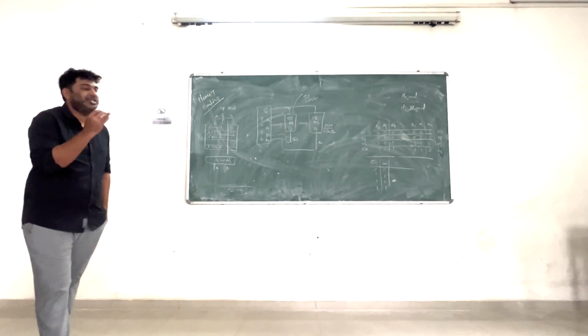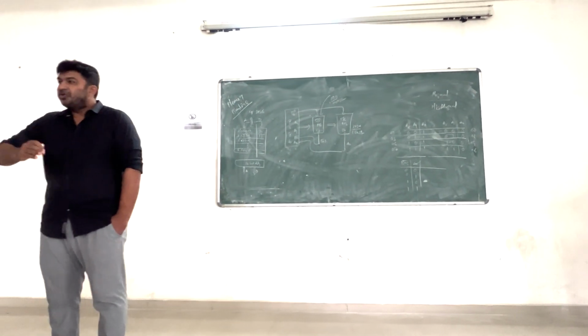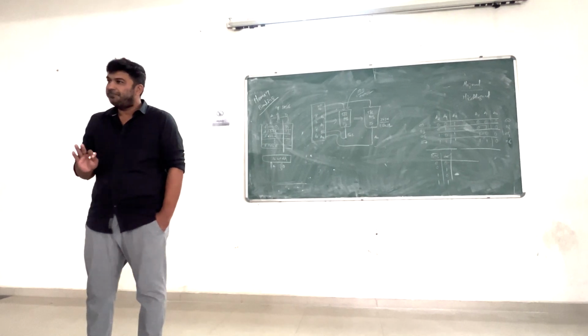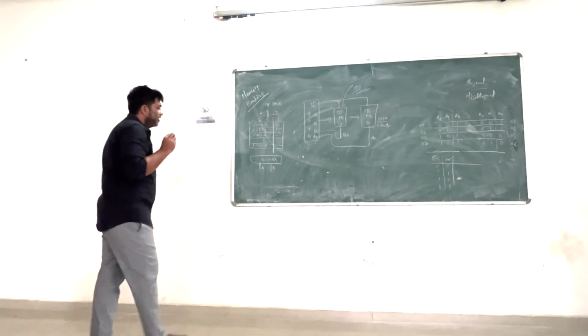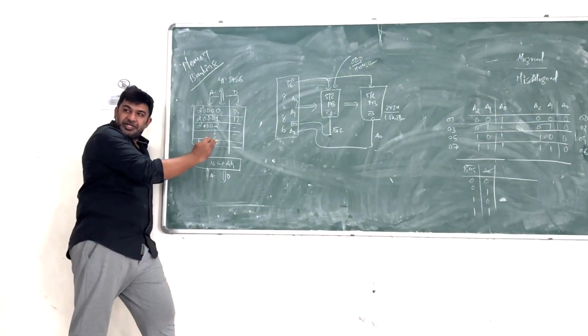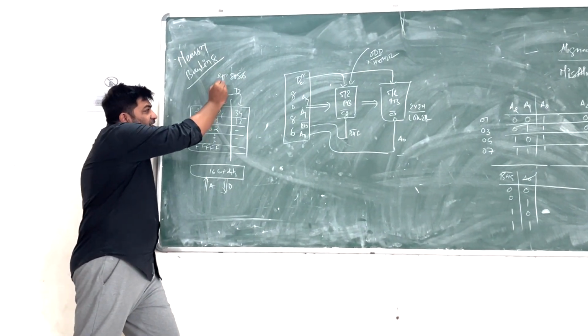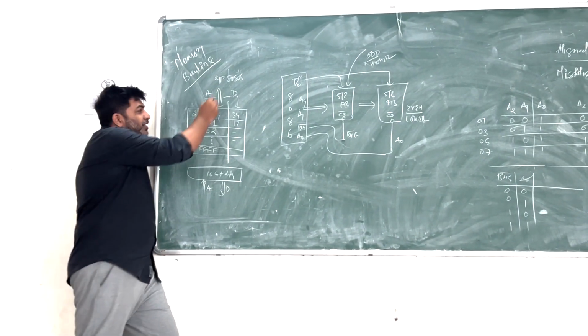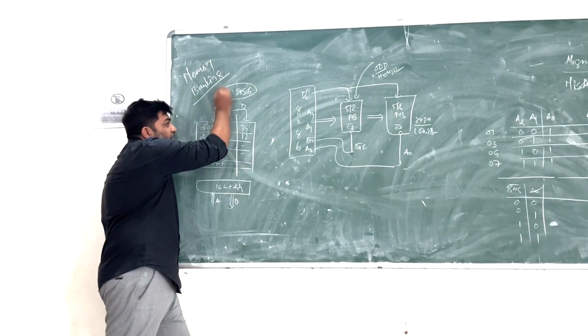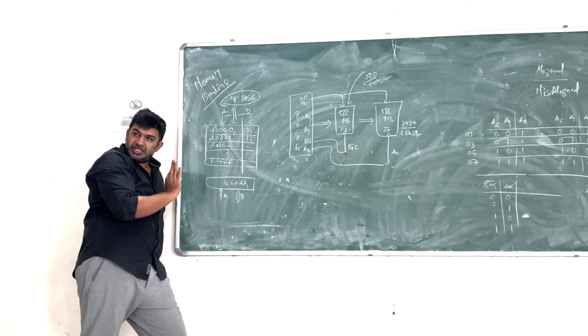Let's try to understand the problem. Which problem is there? Why they have introduced this concept and how they have implemented it. So let's talk about the problem. Before going to the problem, let's see this memory of 8086. Your memory is different from your microprocessor. They are connected with the address bus and data bus. Microprocessor is a different unit, memory is a different unit.